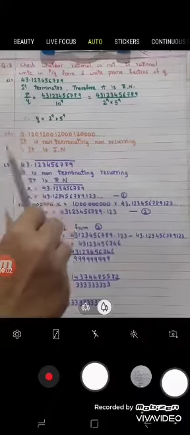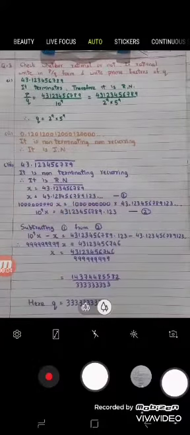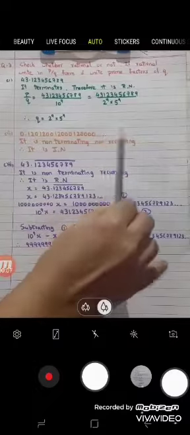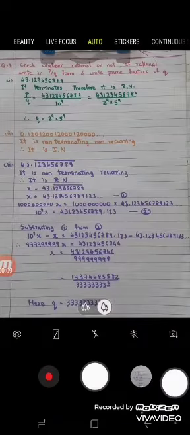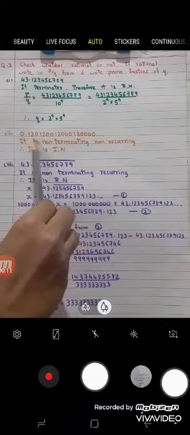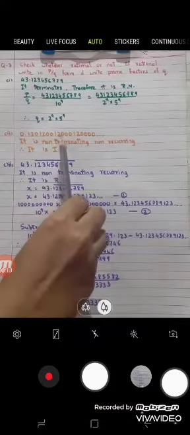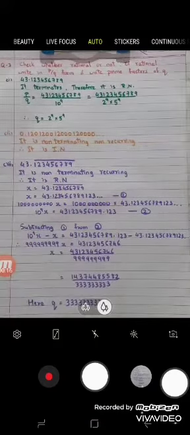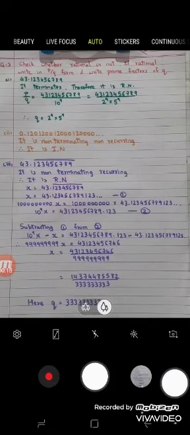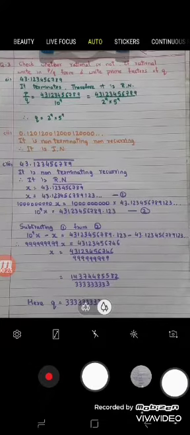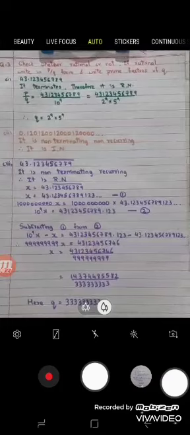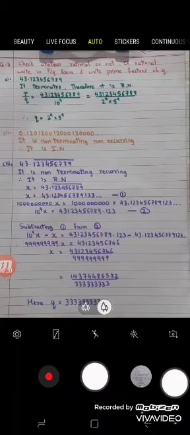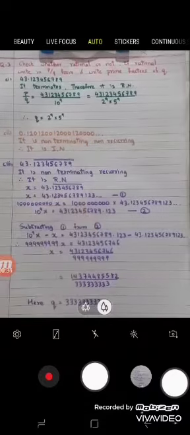Question number 2. Children, as you can see, it's too long, many digits are there. From this you can make out that dot dot dot means it is non-terminating. Now here the numbers repeated are 120, 1200, 12000, 1240. Same numbers are not repeated, so it is non-terminating, non-recurring. Whenever it is non-terminating, non-recurring, it is an irrational number. Whenever it is an irrational number, you don't have to convert it into the form of p by q. That means the answer ends over here only.